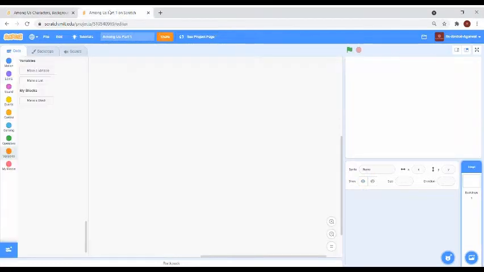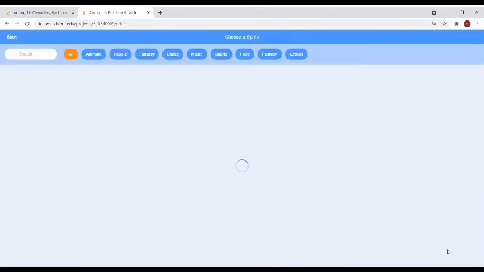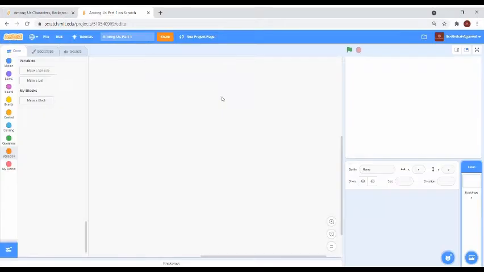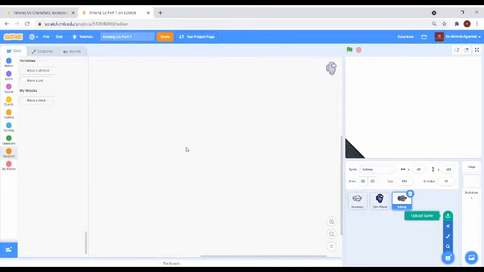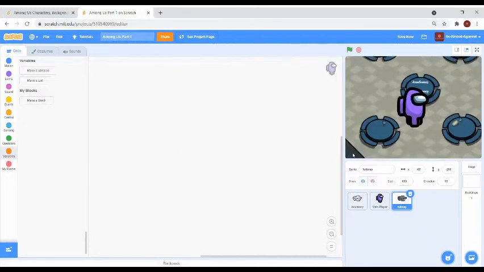So let's come back to our original project and import these sprites.